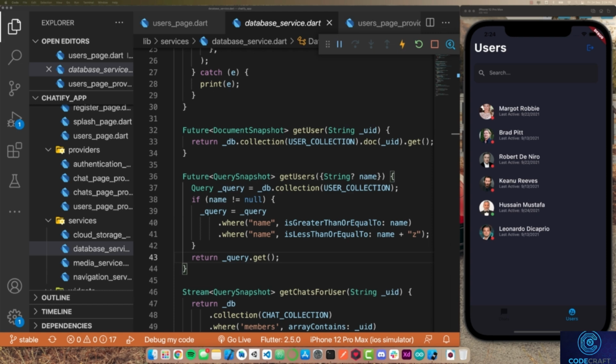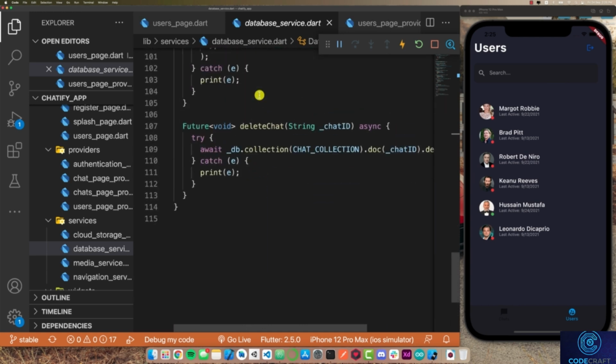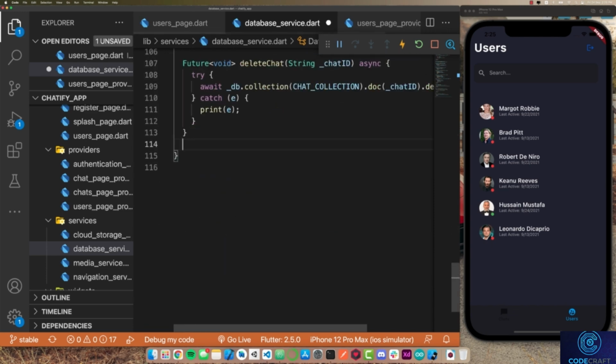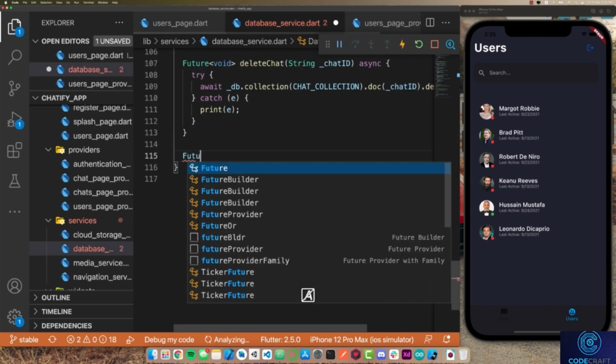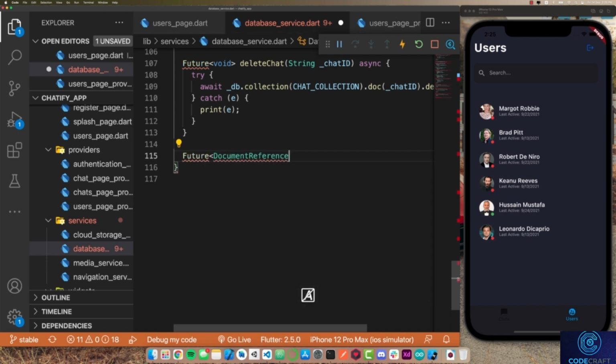To get started, the first thing we're going to do is go to our database service class, and then go down to where I have my delete chat function. After the delete chat function, I'm going to add a new function. This function is going to return a future document reference, and this will be optional. I'm going to call this create